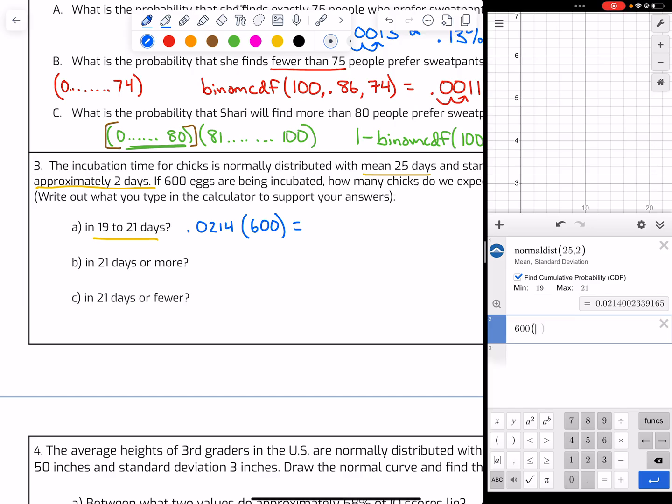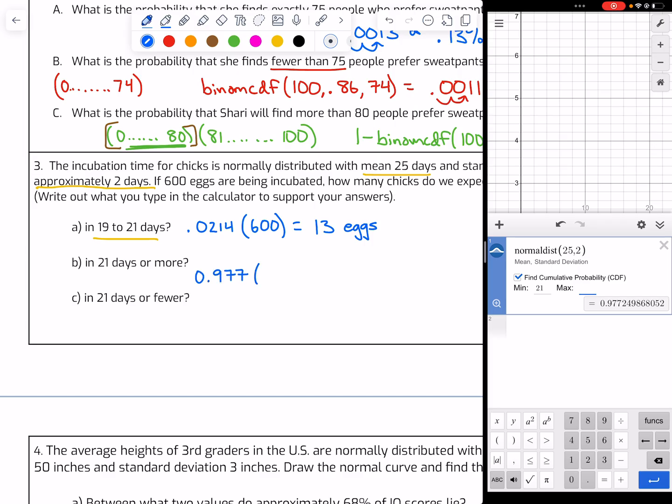So I'm going to do 600, and then I'm just going to carry out this decimal a little ways. So it gives me a pretty good estimate. So I get about 12.8. So I would round to the nearest egg since we can't have part of an egg. So 13 eggs for part A. B says in 21 days or more. So that means 21 is the minimum, and you don't have a maximum, so just leave it empty. And so 21 days or more is a probability of